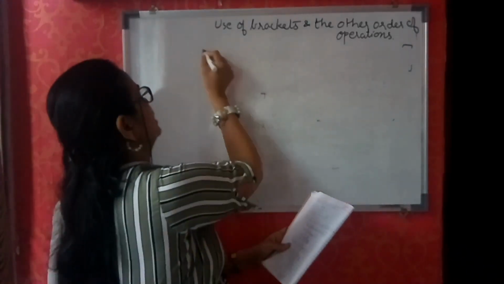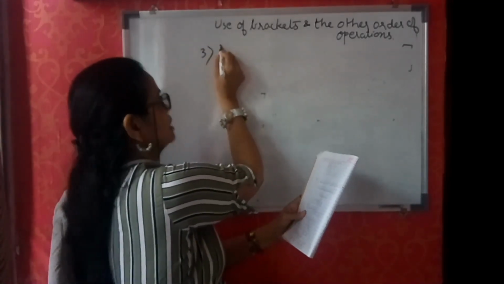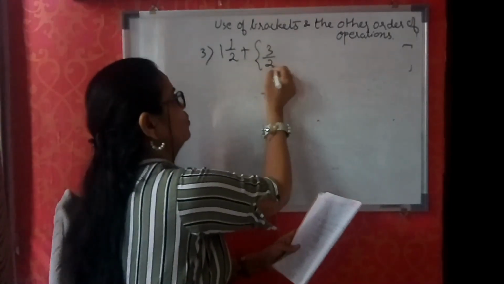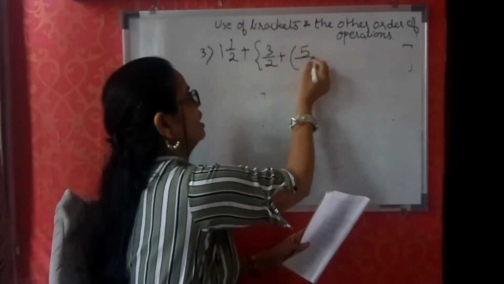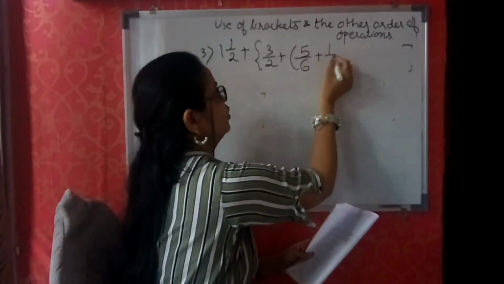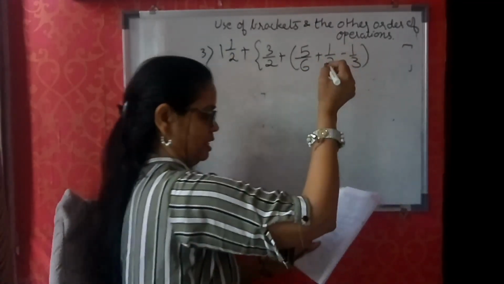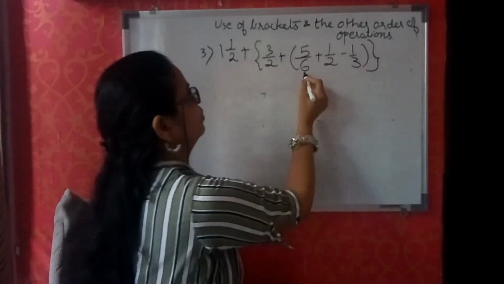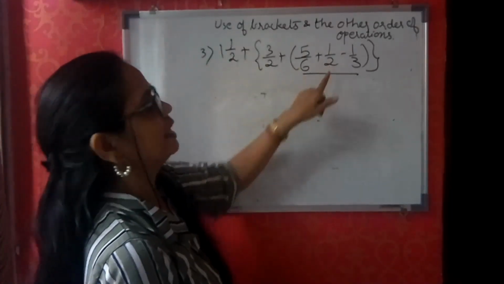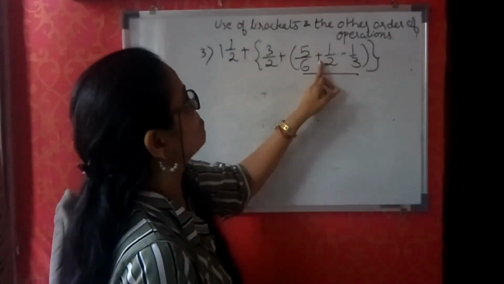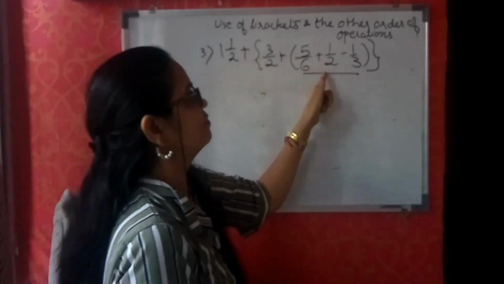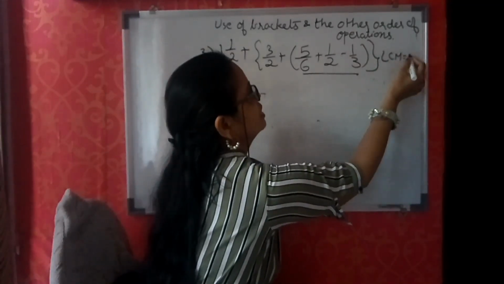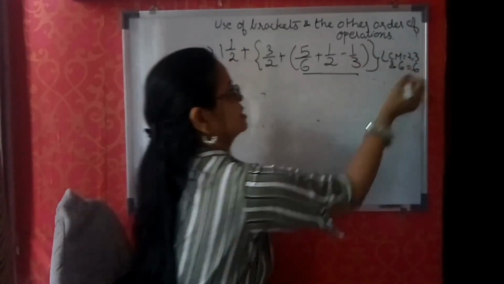This I have taken based on fractions so that you will understand very easily. 1 integer 1 upon 2 plus 3 upon 2 plus 5 upon 6 plus 1 upon 2 minus 1 upon 3. Right? So now using the BODMAS rule, what you have to do? This bracket you are solving. So this is now simply addition and subtraction; the fractions are unlike. To make them like, the LCM of 2, 3 and 6 is 6, right?